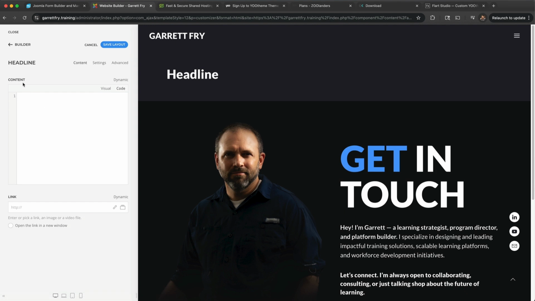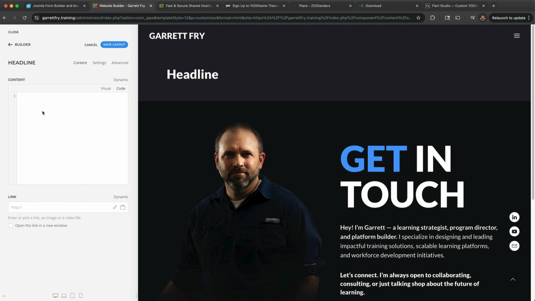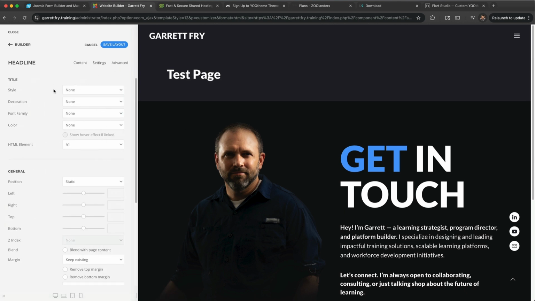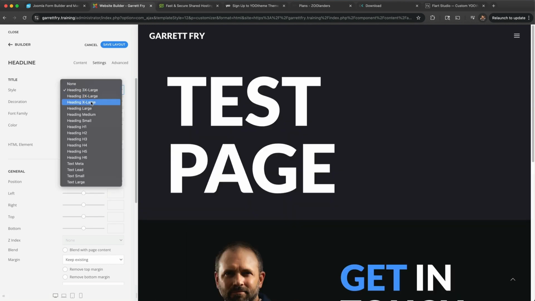And if I click on that, I have a content window. I can view this as a visual editor, which gives me some options here to do some HTML styling. Or if you want to do all of the HTML yourself, then you can see it over here. So let's go ahead and add something here. And then on this next tab here, I have the ability to do some styling that's specific for this element. Every element is going to have different options here in the settings tab. So I can go ahead and make this really huge